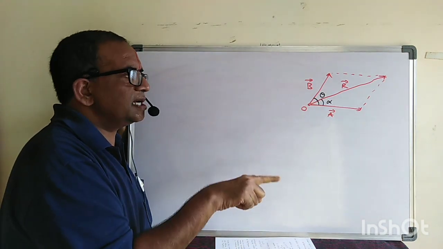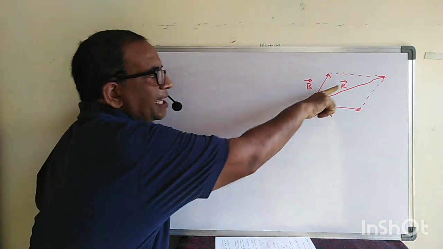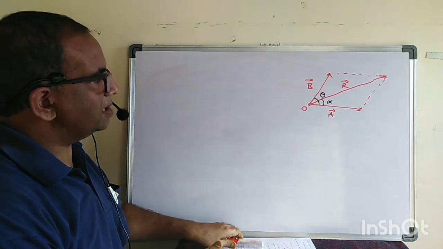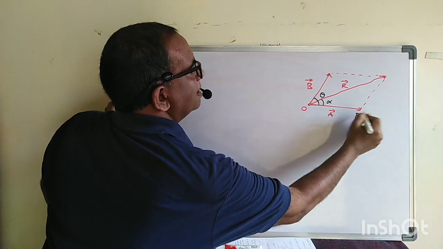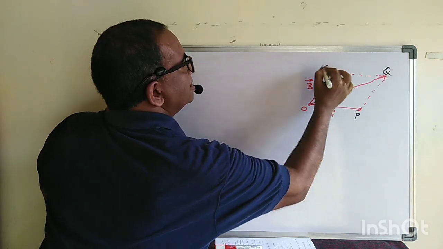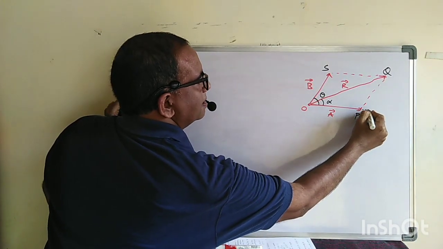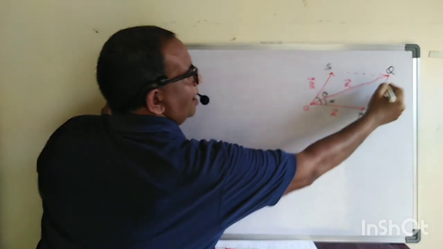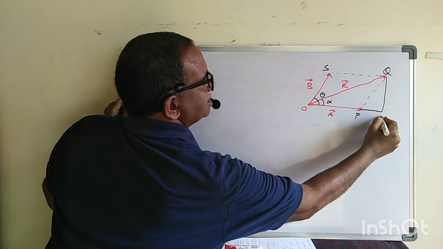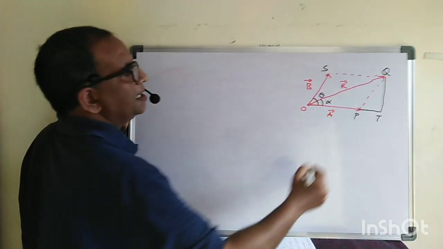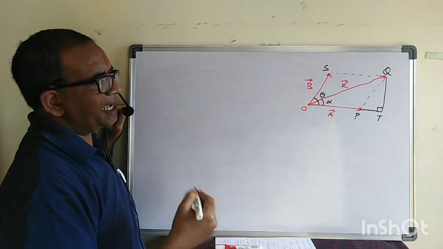Okay, the direction of the resultant we are trying to find here, and also the magnitude R. For this purpose, let us say this one is P, this is Q, this one is S. Let us extend this OP vector a little bit far and draw a perpendicular here. Suppose I extended it up to T. Remember this one is perpendicular, making a right angle there.